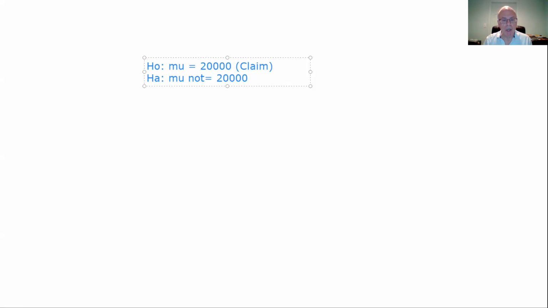Step 2, of course, we know the population is normal, so the sampling distribution is automatically normal. It doesn't matter that the sample size is less than 30. Step 3, since sigma is unknown, we should use the t-test once again. Again, this is the formula for the t-test. We're going to plug in x bar